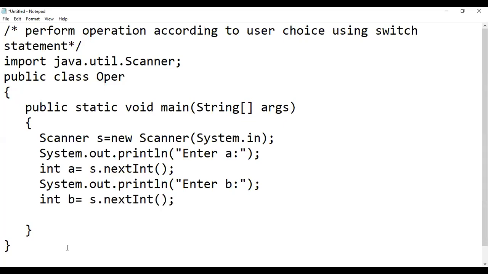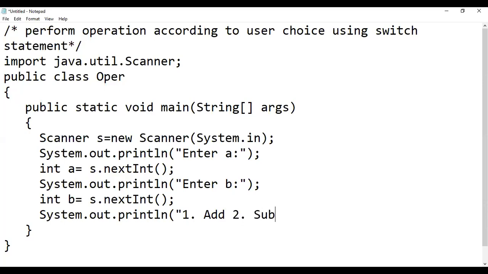So now we want to display to the user, like press 1 equals to addition, so the user understands what to press for which operation. So that's why we again display a message like system.out.println, like 1 add, 2 subtract.